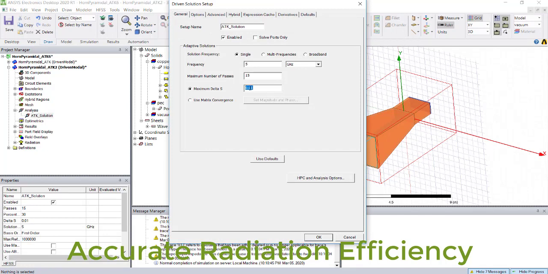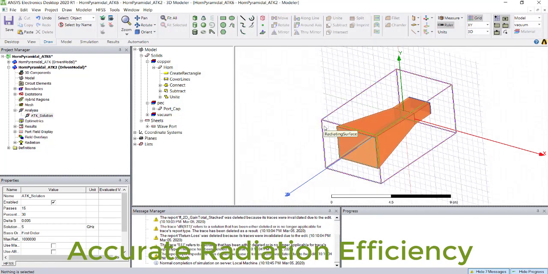Another thing is, as we know, the magnitude of the S parameter is connected with our accepted power. So you need to set either 0.01 as a convergence, or you can put 0.005. That will make sure you get a pretty accurate S11 or reflection coefficient that will lead to the right accepted power.